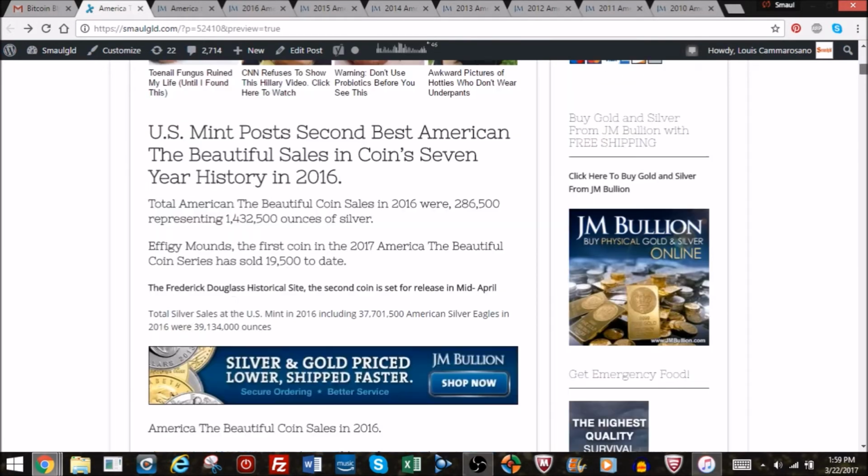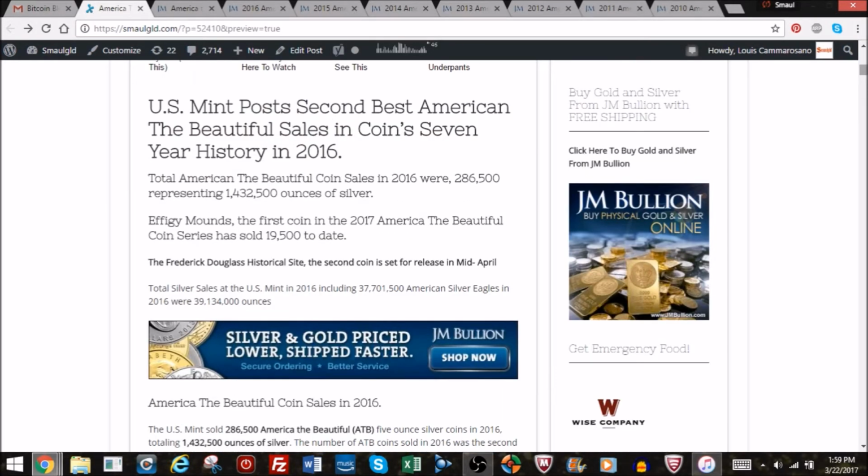Now, these coins, before you get started, they don't sell very well. However, they do seem to have a very decent premium, as we'll see in later years, because of their low mintage. The reason they have a low mintage is that there's not that much interest in these coins, but then again, it works the other way because there's a low mintage and there is some interest in the coin. You do get a premium in some of them in later years that is sometimes 3 and 4 times the value, which is something you've never seen on any other